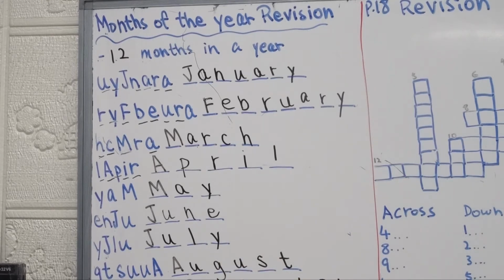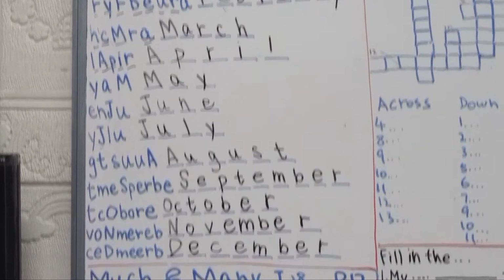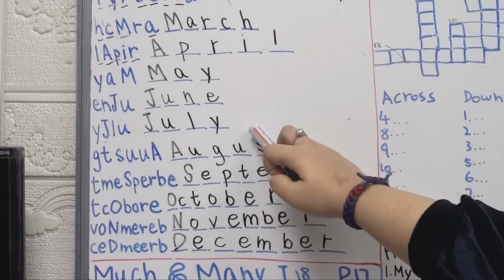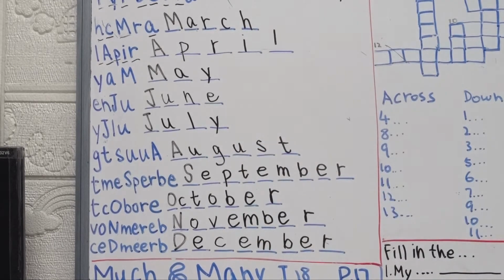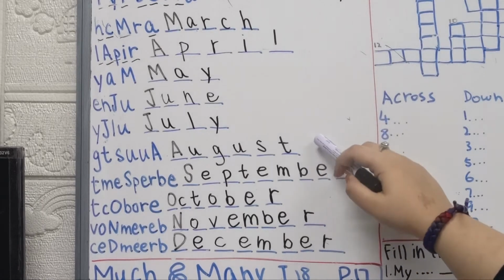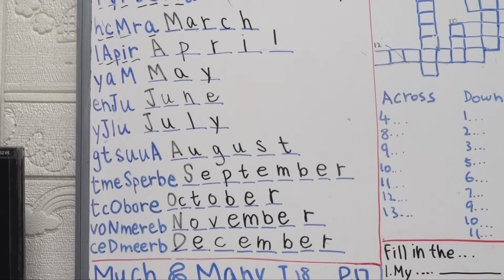How about the next one? It's called June. All right, June, the 6th month of the year. And then the 7th month is called July. July. Great. After July it comes August. August. All right, the 8th month of the year. And then after August is